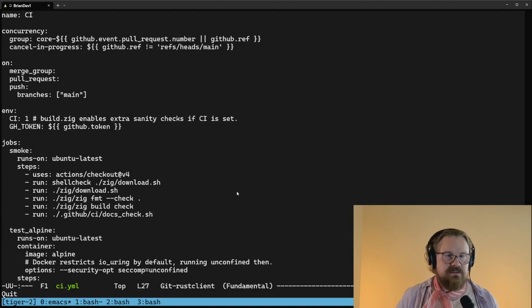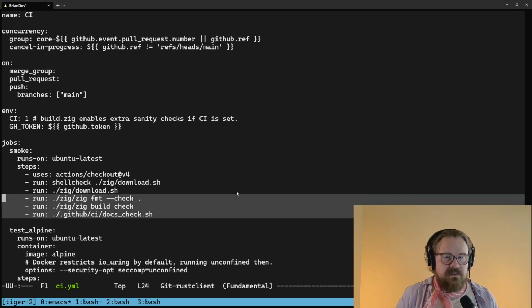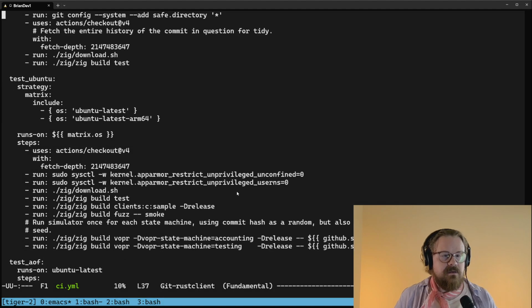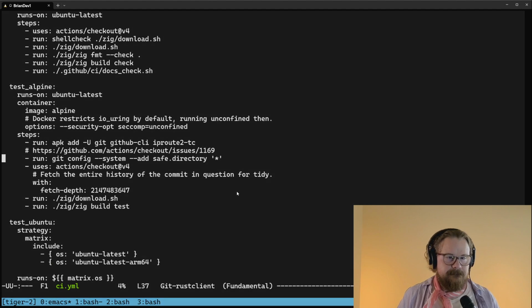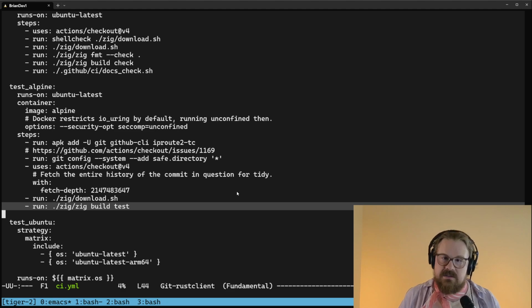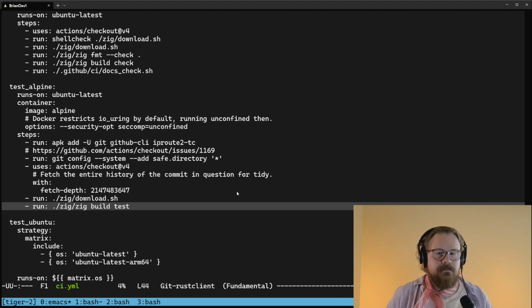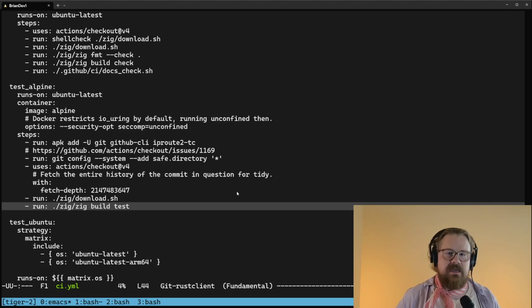What I really want to see is what the CI looks like for the client bindings. None of this is related to clients. Test Alpine, test Ubuntu. This is just build test. I assume that build test is the test suite for Tiger Beetle, but I assume it is not touching the